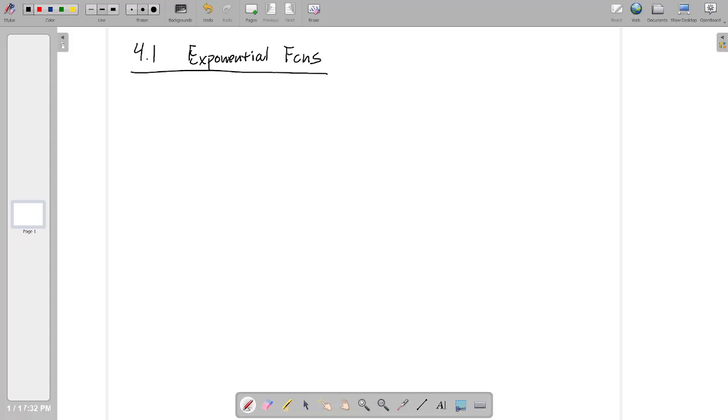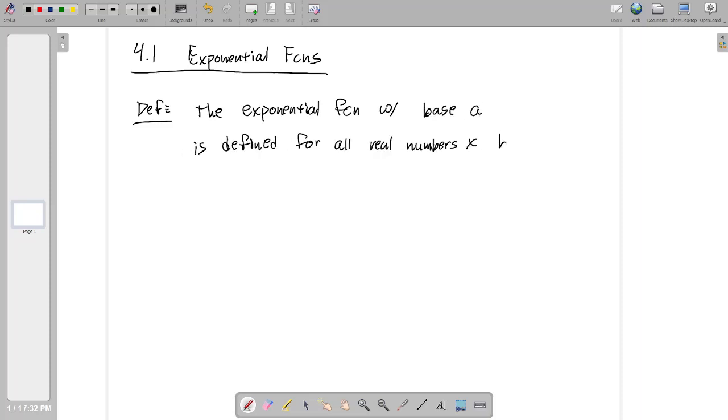Today we're going to talk about exponential functions. Let's start out with the definition. The exponential function with base a is defined for all real numbers x by f of x is equal to a to the x, where a is greater than 0 and a is not equal to 1. Now these two conditions are very important